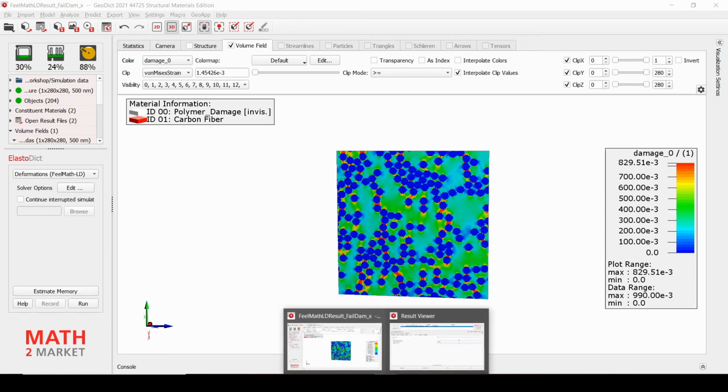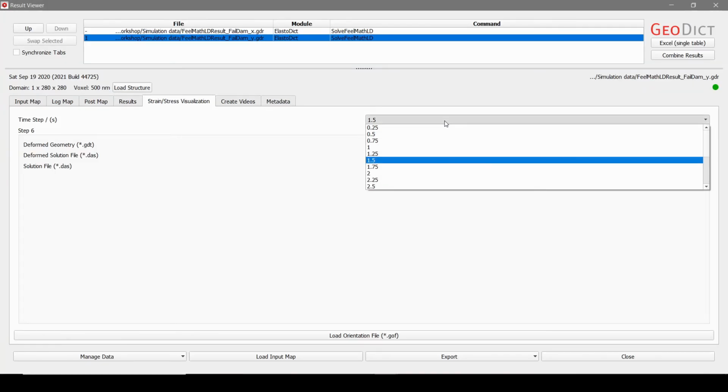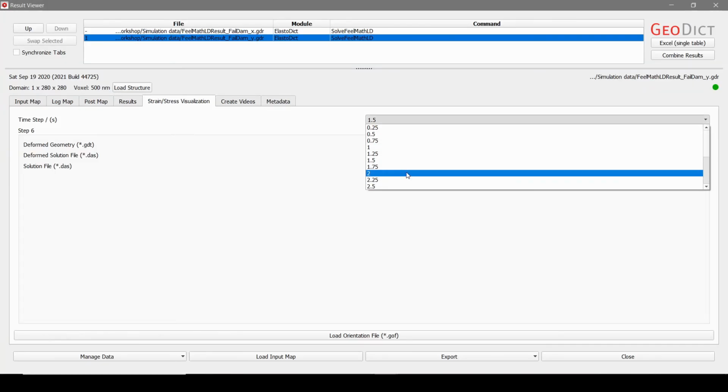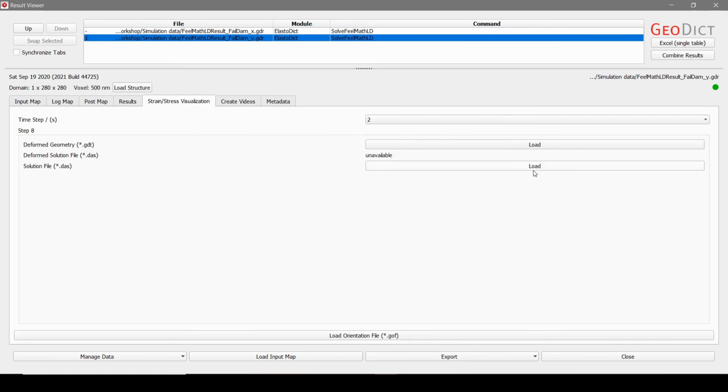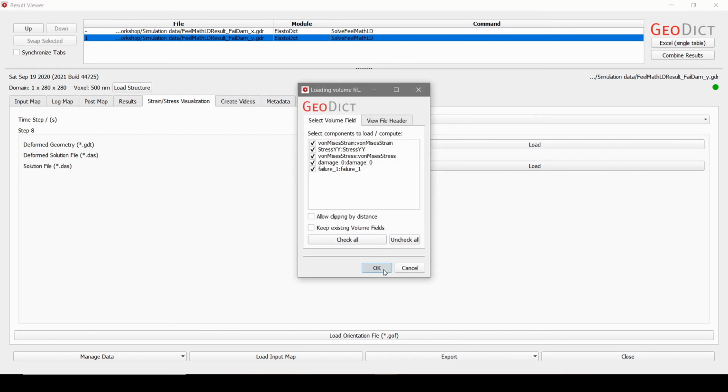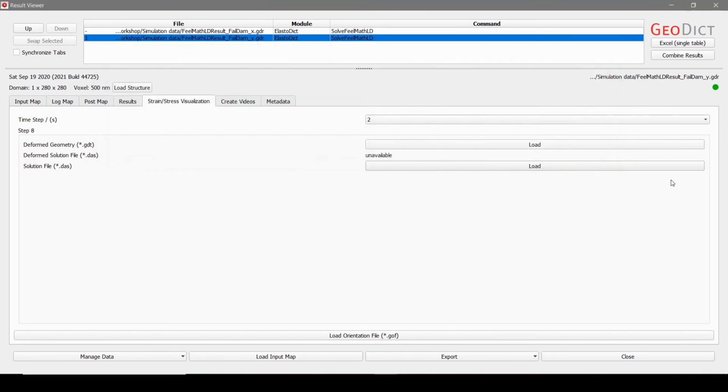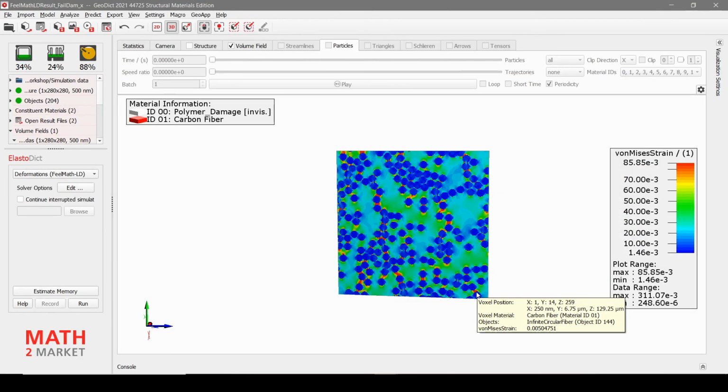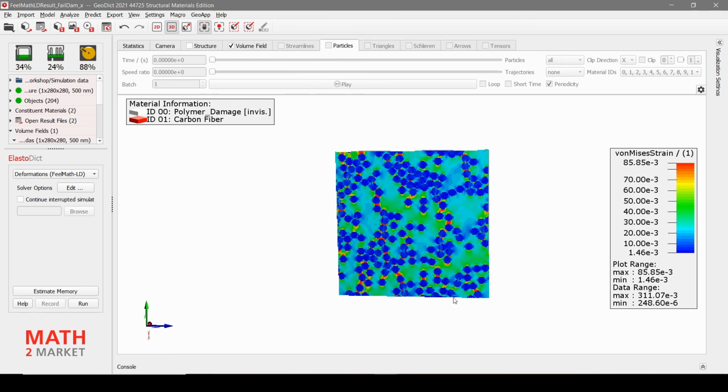Then go back to the result viewer and load the next time step. And click on load, and again all the volume fields. And here we now see the strain again.